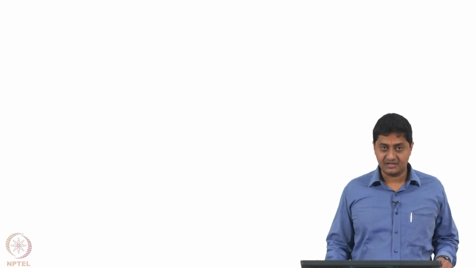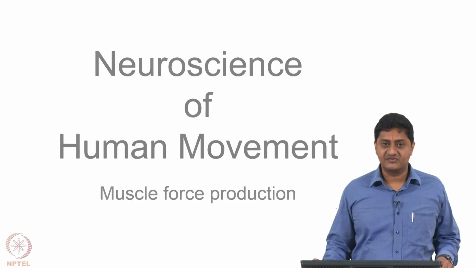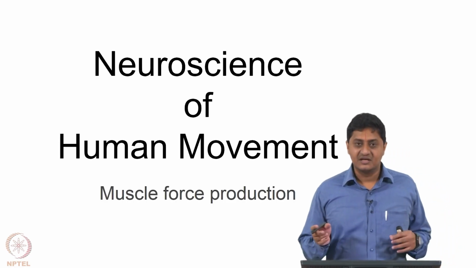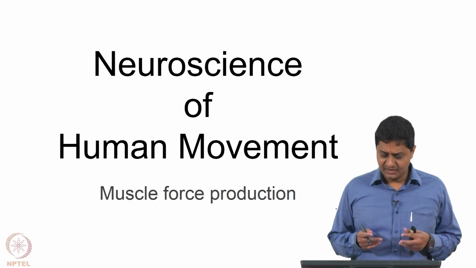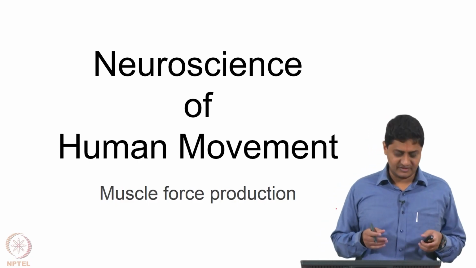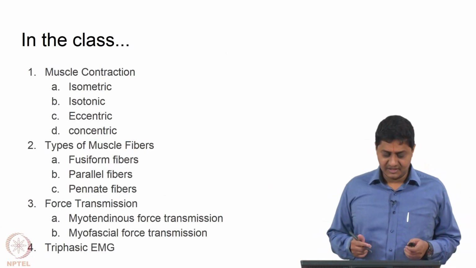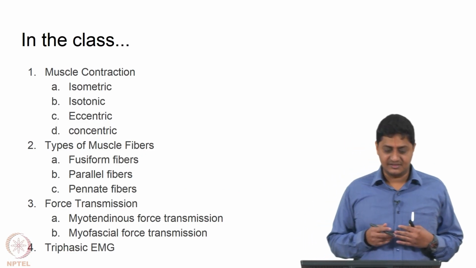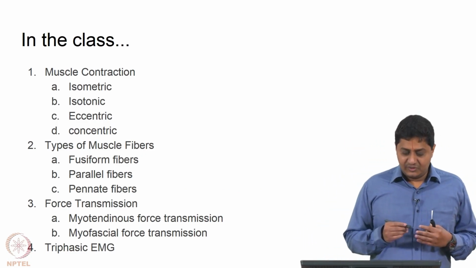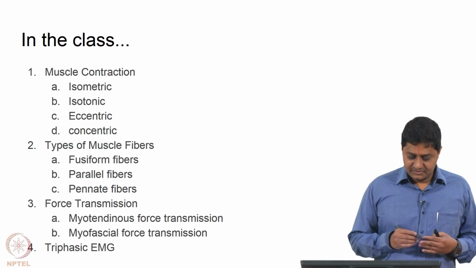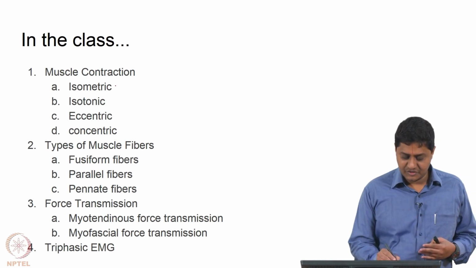Welcome to this class on skeletal muscles part 3, called muscle force production and various kinds of muscle force production, as part of the Neuroscience of Human Movement course. So, what we will be looking at in this class? We will be looking at types of muscle contraction, we will be talking about isometric